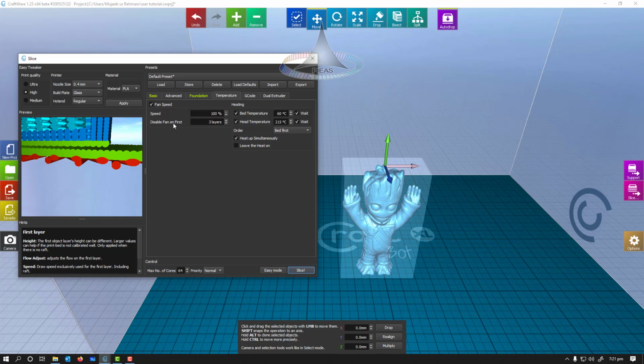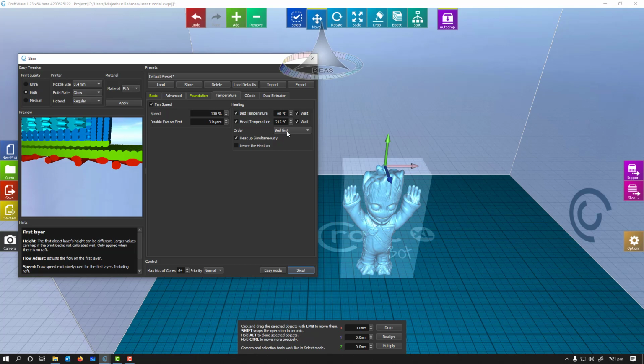On the first three layers, I'm going to keep the fan disabled so that layers take greater time and adhere to the bed perfectly. Next thing is speed. Speed is going to be kept at 100% for the next layers, from the fourth layer and above. You can reduce it, you can increase it as you wish.